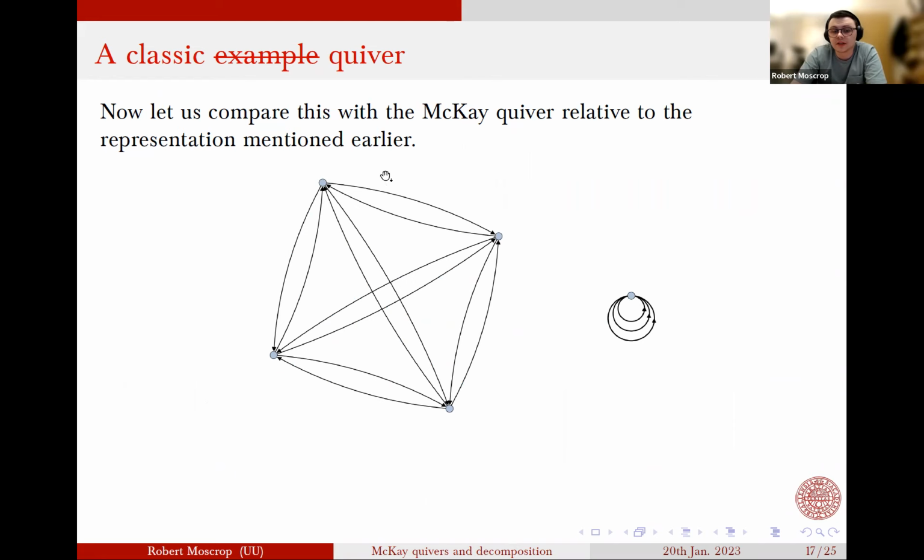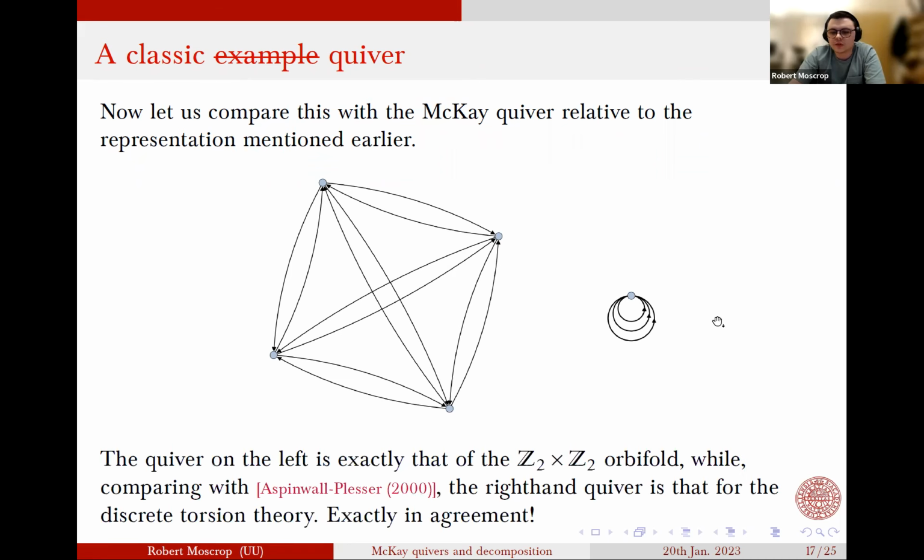This is guaranteed by the thing that Happel, Preiser, and Ringel proved. And then this second thing maybe looks a little bit odd, but you could say, okay, is this maybe an N equals 4 quiver or something very simple? But really, this has already been shown in the past in this paper by Aspinwall and Plesser to be the McKay quiver for Z2 cross Z2 with discrete torsion. So the representation on this node is not one dimensional, it's two.